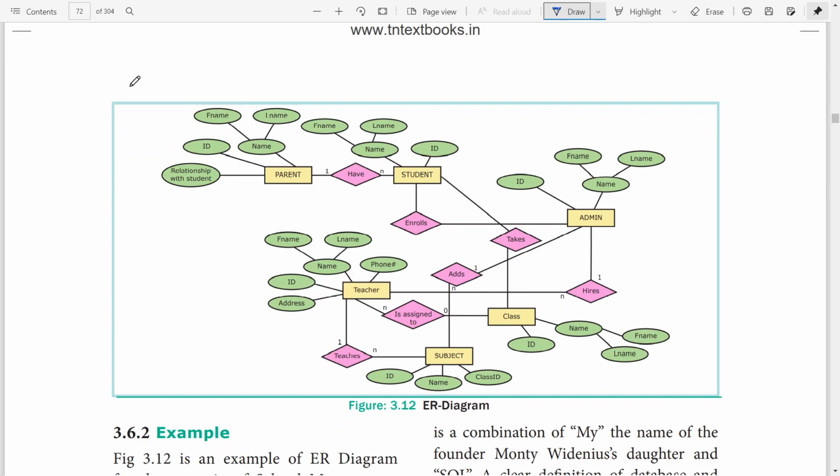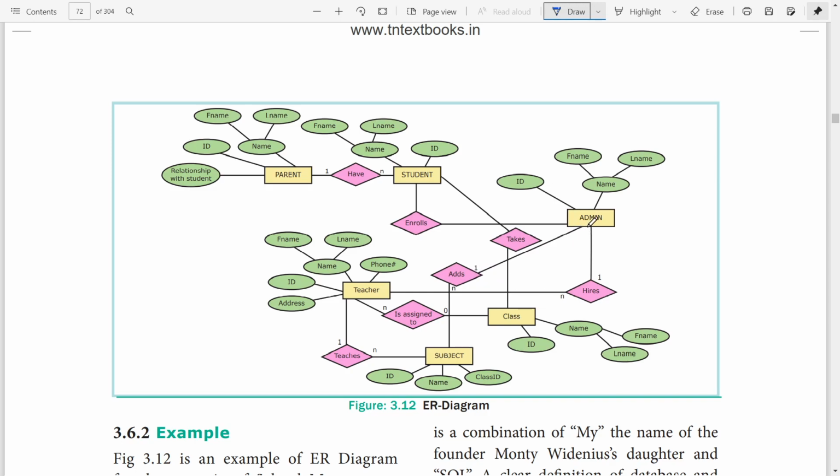So it is a simple admin, student, parents, teachers, and students related with the school.